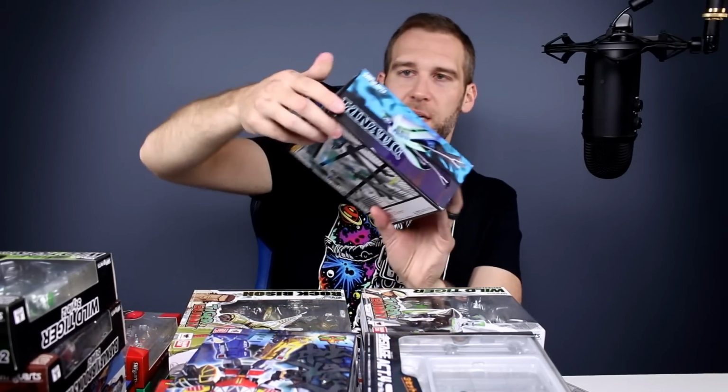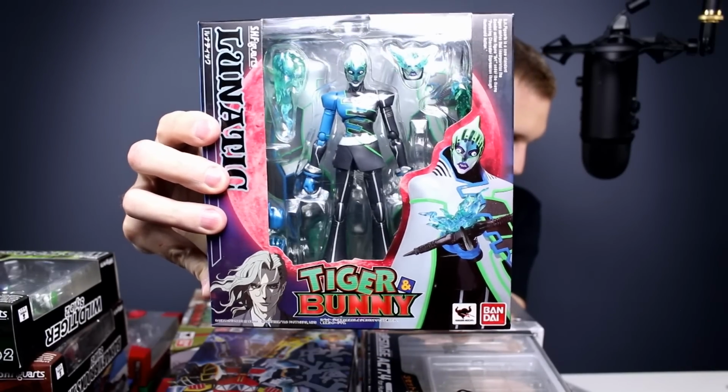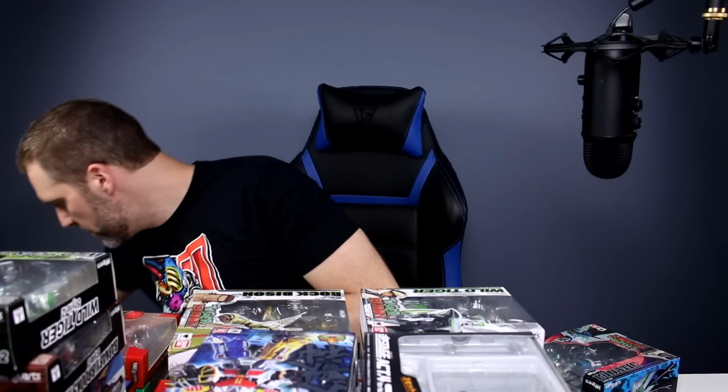Alright, here's the Lunatic, or just Lunatic. He's the villain from the show. Very creative design. I like it. A lot of translucent plastic in this package. Very fun. Good release. Now we have a bunch of stuff